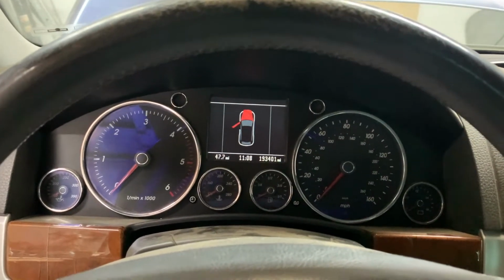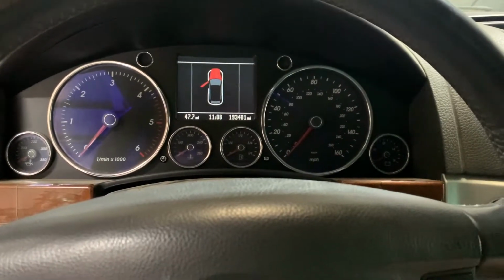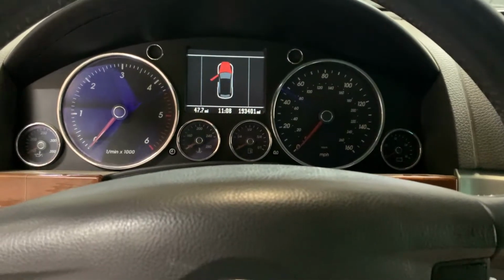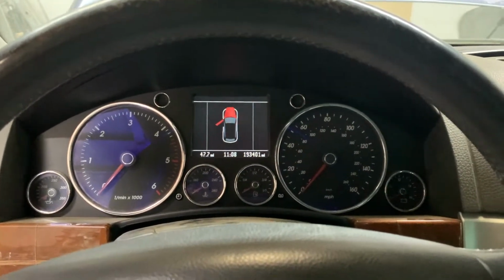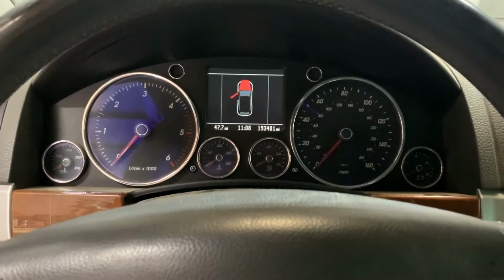plan is to start it, pull it out of the garage. I got somebody coming over tomorrow to pick up one of my motors. He's going to be buying it, so I need to move this out of the way so I can get my engine hoist set up and have it ready to be loaded tomorrow. Once the engine's gone, we're going to pull this car back in and